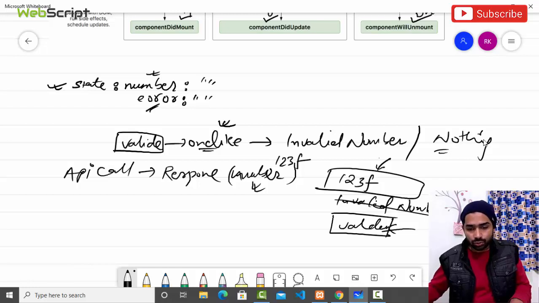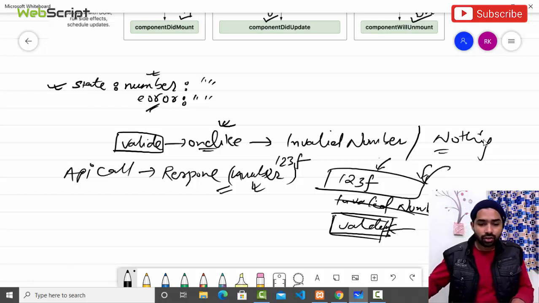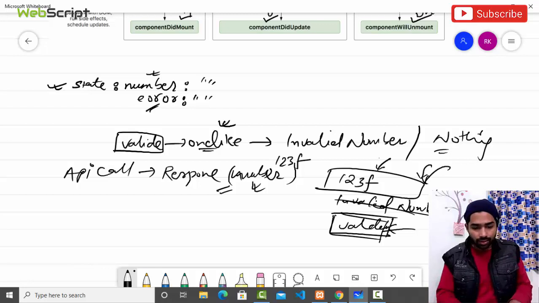So what we can do is, when we are getting the response from the API, we are getting the value, then afterwards we will check the input value immediately, and before clicking on the validate button, we will show the output invalid number, right? Because that's not a user-entered number, that's the number from the response. Okay, now let's try to achieve the same example with getDerivedStateFromProps. Okay, so here,